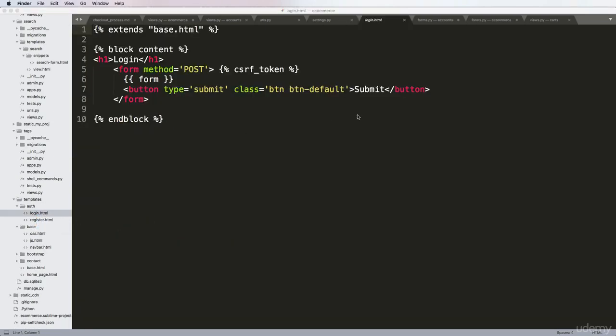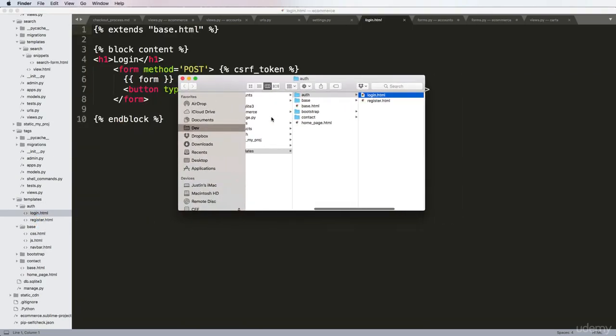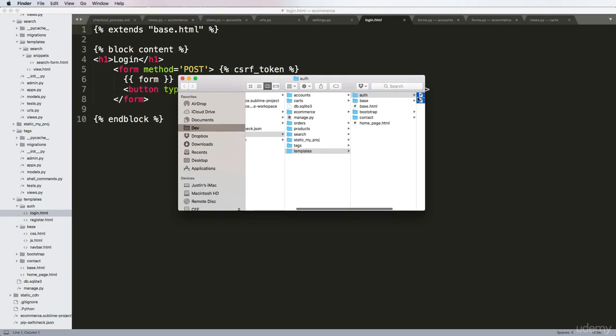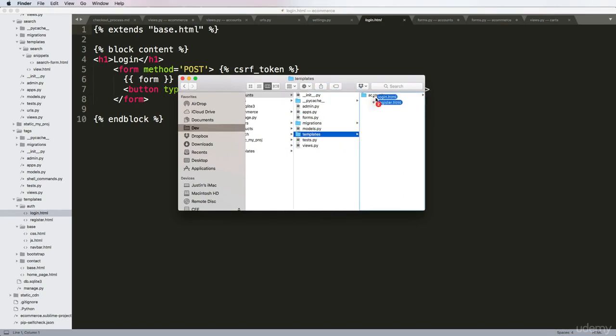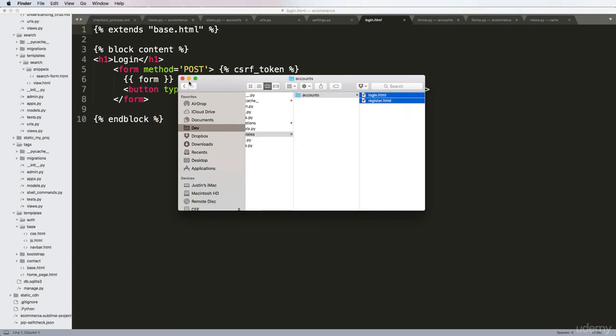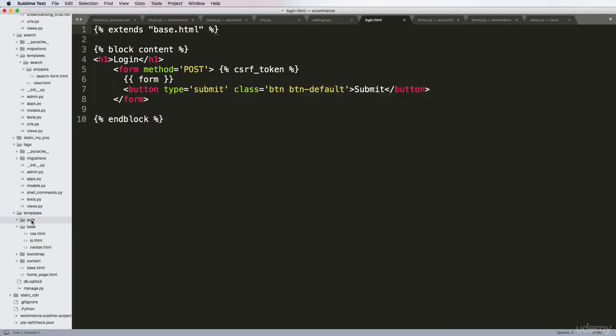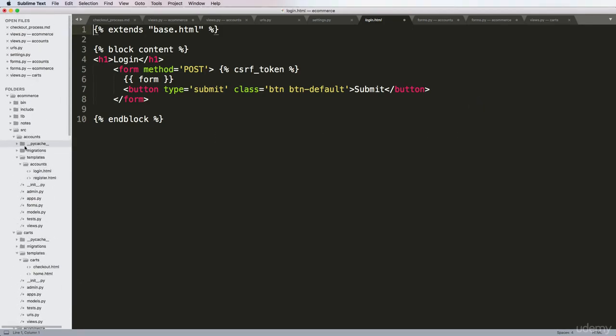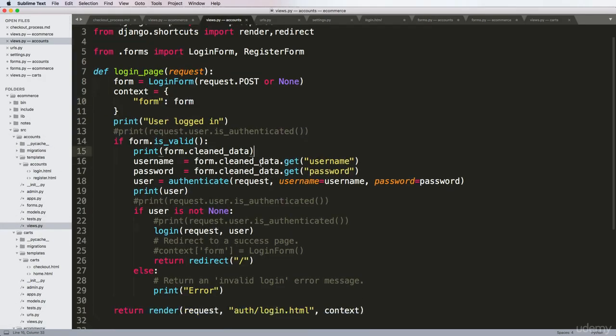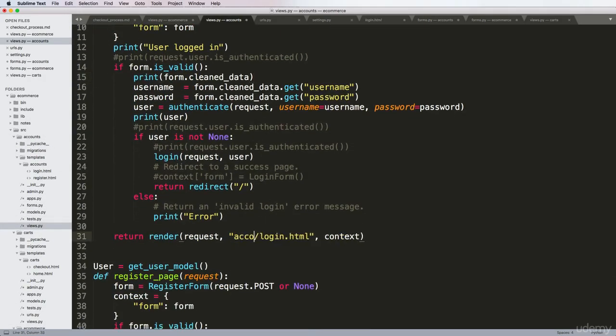So I'll go ahead and reveal in Finder. So just basically moving these over into my accounts and then into templates, accounts, boom. Okay. And with that, I can now delete this auth folder. I don't need that anymore. So I'll delete it. And I'm going to go back into my accounts views and change this from being auth to accounts